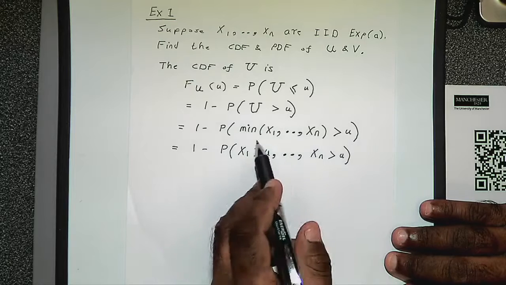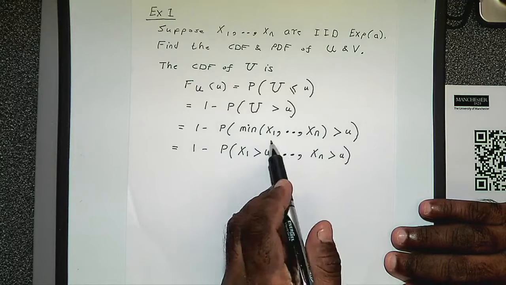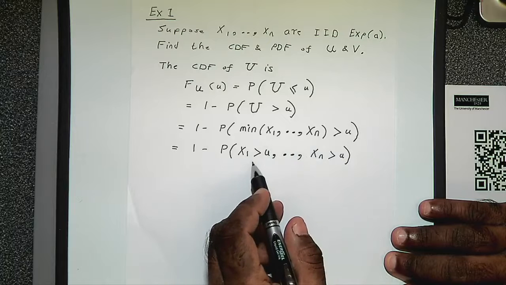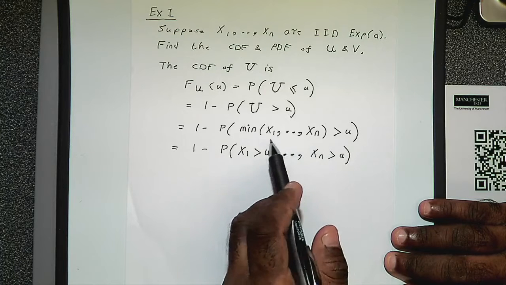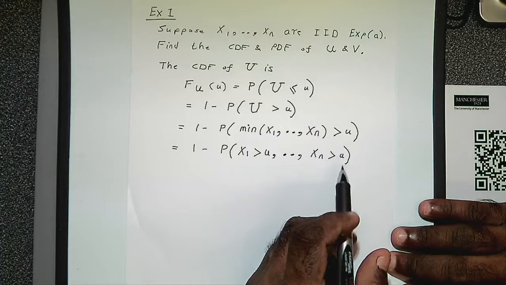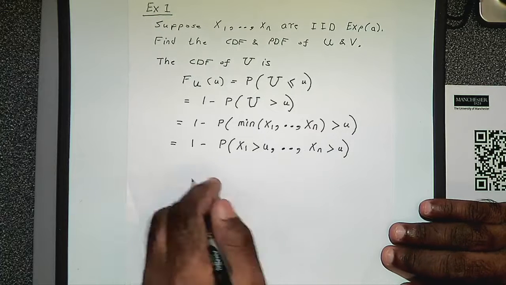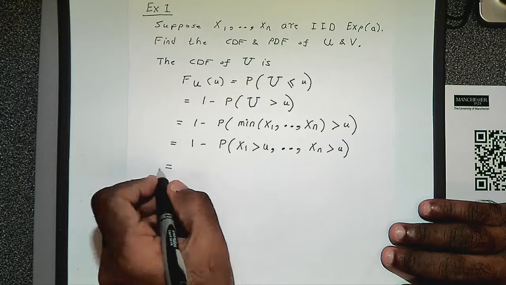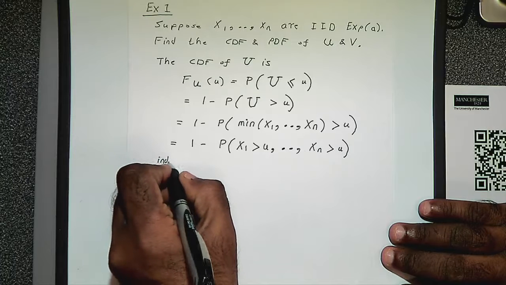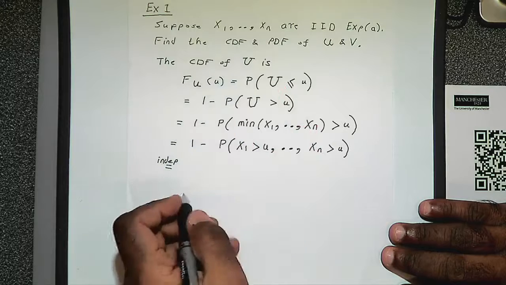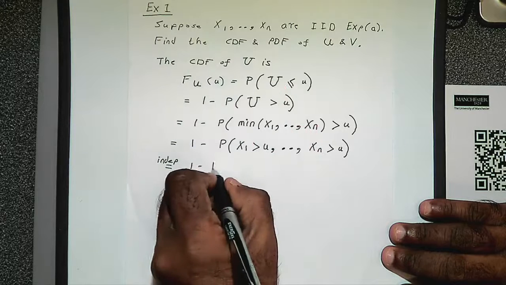Remember, if the minimum of a sequence of random variables is greater than u, it implies that each random variable in that sequence has to be greater than u. Are you okay so far? Now, in the next step, I'm going to use the fact that x1 to xn are independent random variables. So you can write this as